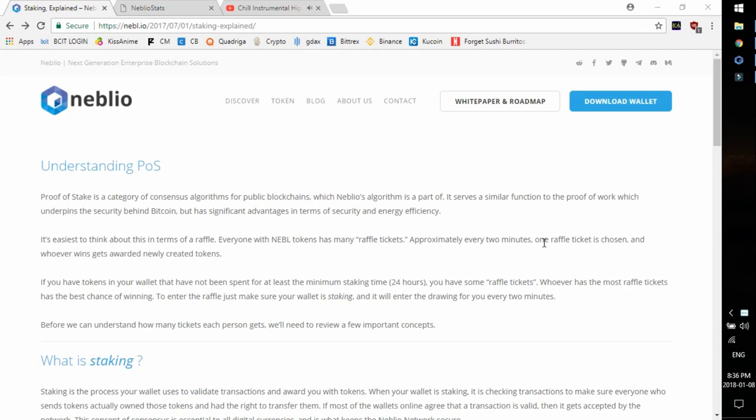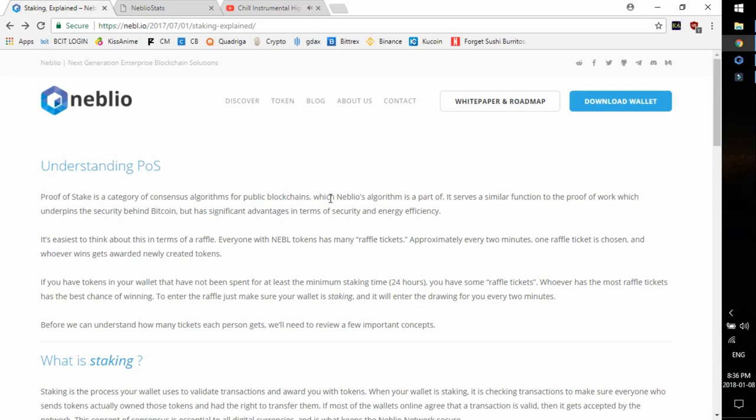It's called Neblio, and basically why I found it really cool is because of its staking functionality. I can't say that word. Functionality, there you go. But yeah, all that means is you hold it in your wallet, your desktop wallet, and you keep your laptop or your computer connected to the internet with the wallet on, and you'll start generating the